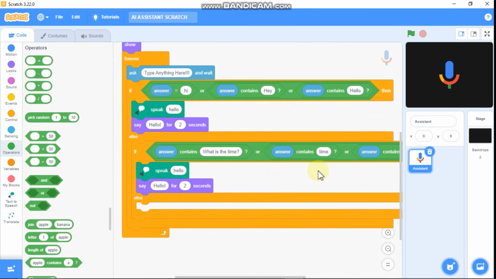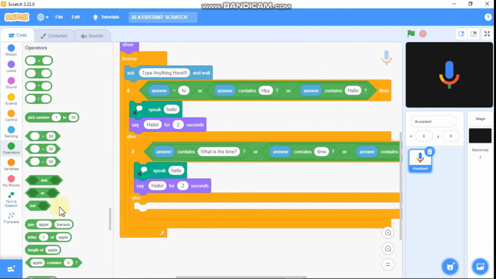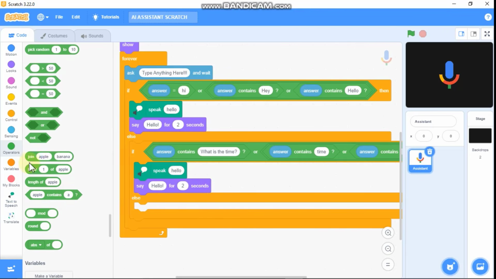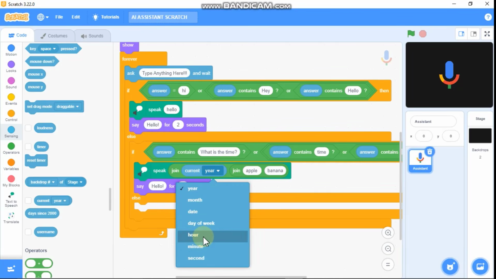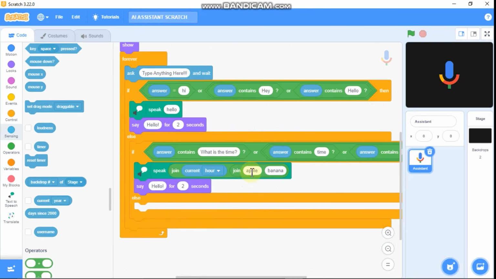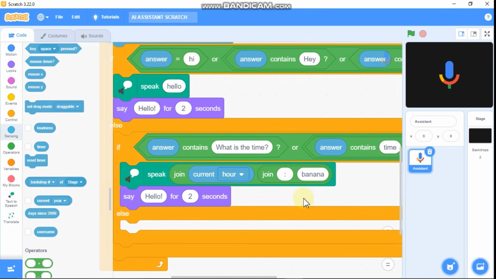And then in the speak block, grab this join apple and banana. So grab this and grab another join and place it on the banana. So we need a join. You see this block called current year. Drag and drop and place it on the apple and make this to hour. And then we need to join with our current hour and 2 dots, and then current